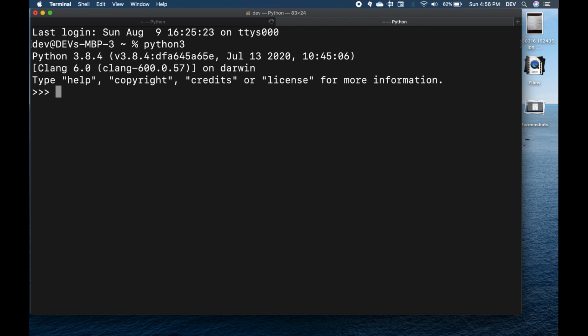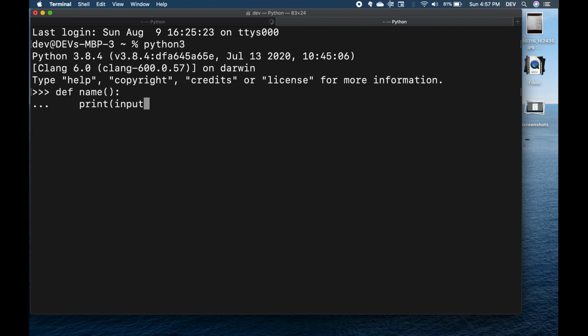Now suppose we need to make our own function, so we can do that also. Here we use def. def means defining, so we are defining a function. I'll put def name, because I want it to show a name, and I'll put a colon here, and now four spaces. One, two, three, four. Yeah, four spaces, and now I'll type in print